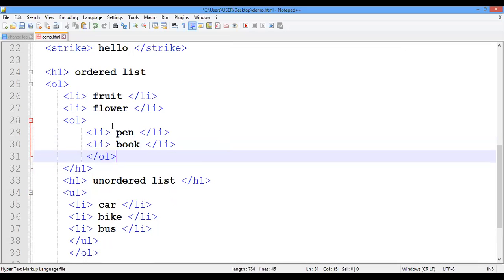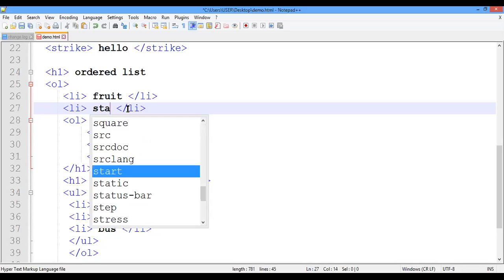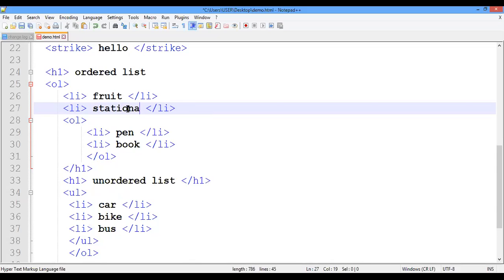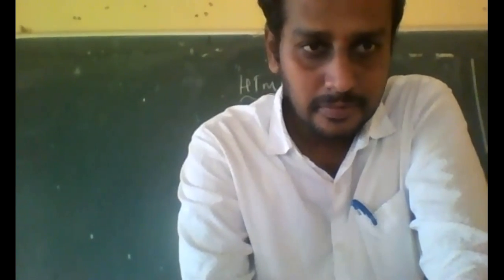I have written it inside the flower. So I will change the name. I will mention stationery there. I will replace flower by stationery and save it. Again I am running my file. Check what changes you get.